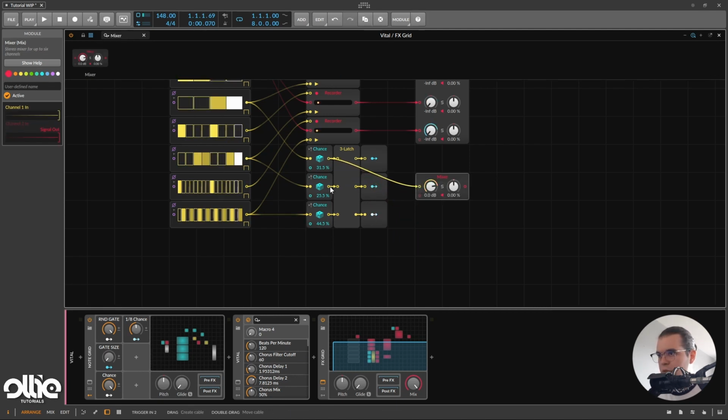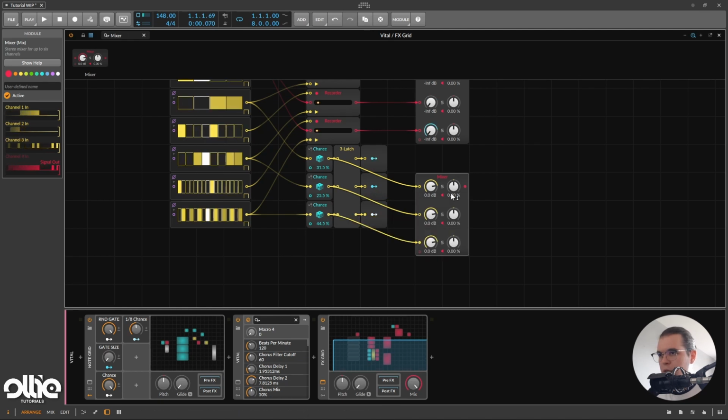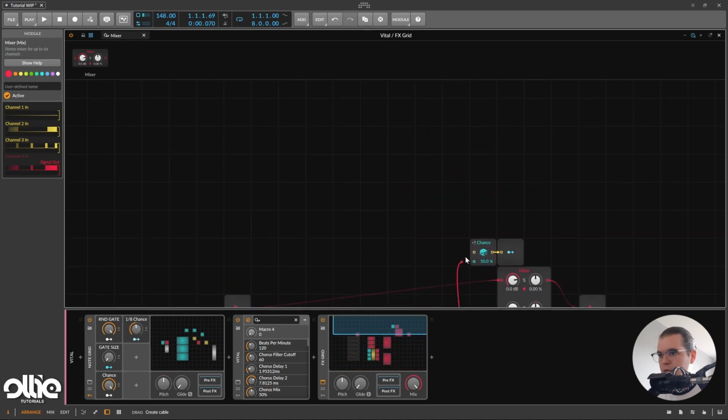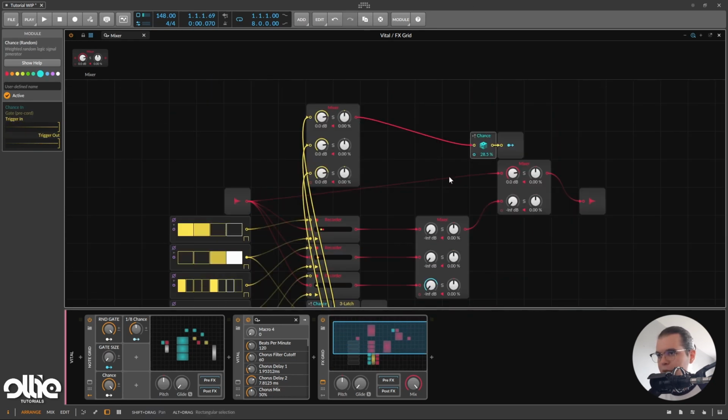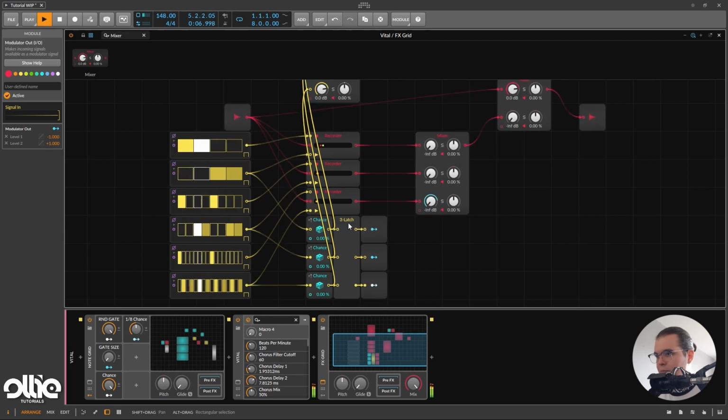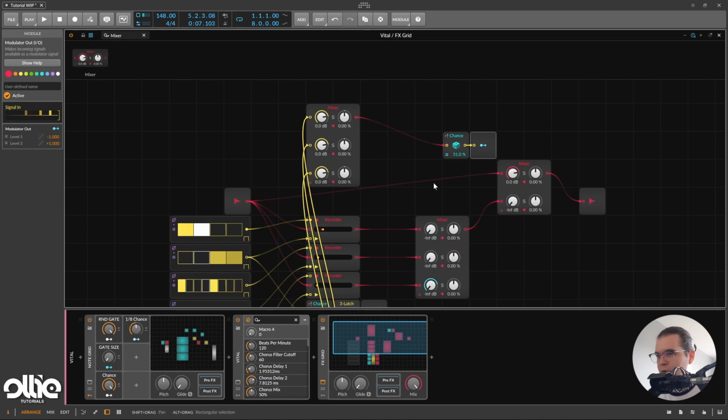So basically, I'll take these chance modules in here and send their output to a mixer, just like so. And the output of this mixer, I'm going to send it to the chance module. Let's check this out. Yes, I need to give them some chance in here. So now,